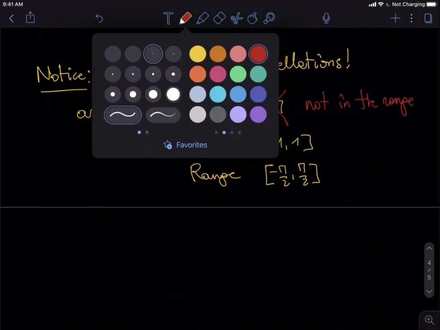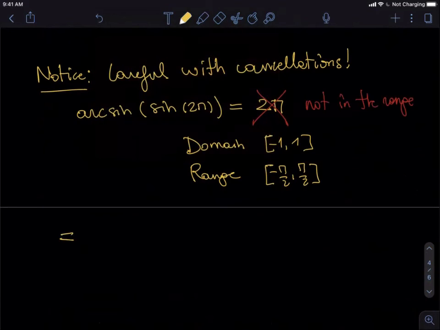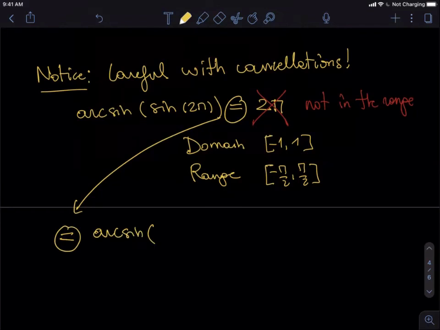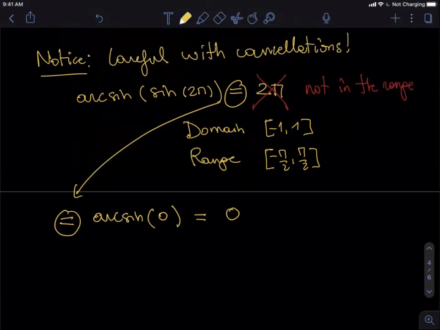So we need to bring it back to the proper range. How do we do this? Well, first, arcsine of the sine of 2 pi, the sine of 2 pi is going to be 0. And once we have the arcsine of 0, then we send it back to the proper value in the range, negative pi over 2 to pi over 2, then it's 0. So first you apply the sine, then you apply the arcsine, and then there is never any problem. Another